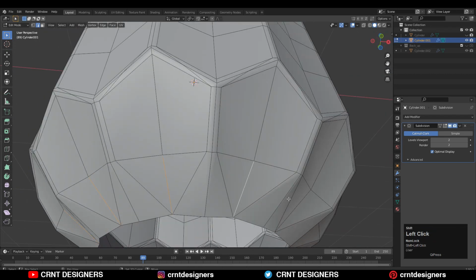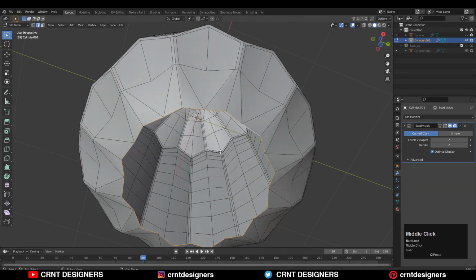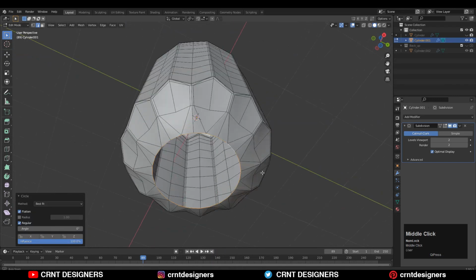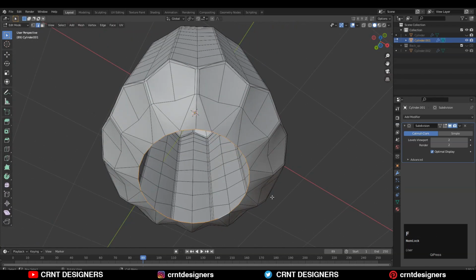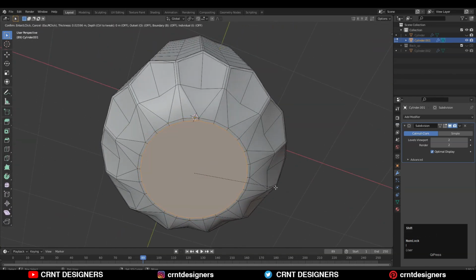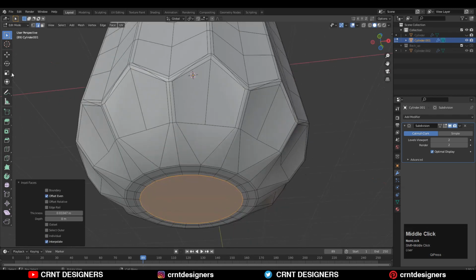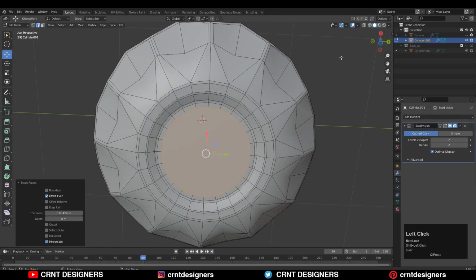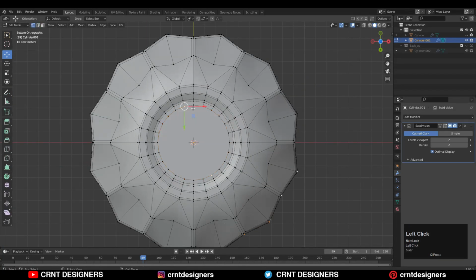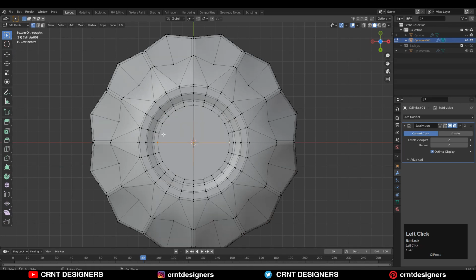Select these edge loops with shift select and then Ctrl X to dissolve them. Then select that edge loop and then use the loop tools and then the circle option. And then you can press F to fill the gap like this and then use the inset operation and create a little bit of design there. And then use the inset operation one more time. Then select these verts, right click and then connect vertex path. Select these verts, right click and then connect vertex path.